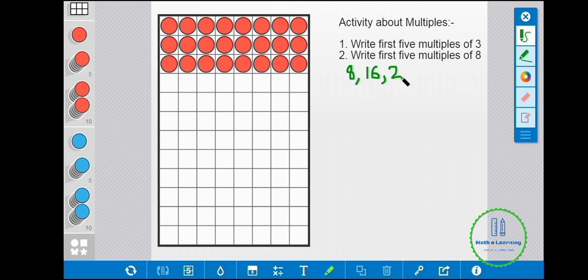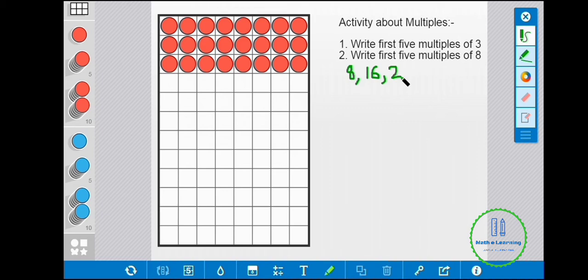is filled now, and now you can count the counters also. If you count, then you will get the answer 24, right? Or you can do the multiplication, whatever you like. So there are 3 rows and 8 columns. So we do the multiplication of rows and columns. 3 multiplied by 8 and 3 8s are 24.